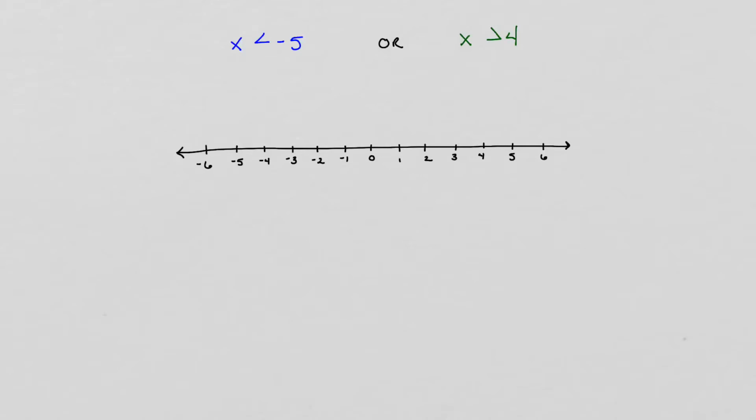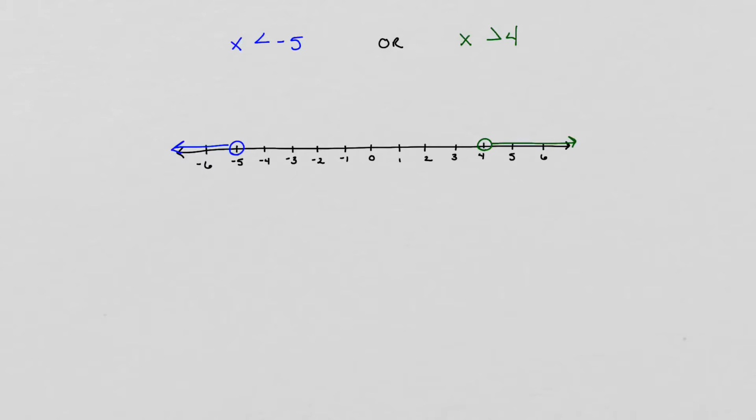So our first question, we have x is less than -5, or we have x is greater than 4. So I'm going to go straight to my number line first and start plotting and shading. Because I'm using a strictly less than symbol, I'm going to leave an open circle over -5, and I'm told that I should shade to the left because it's a less than symbol. For x is greater than 4, again an open dot over 4, but